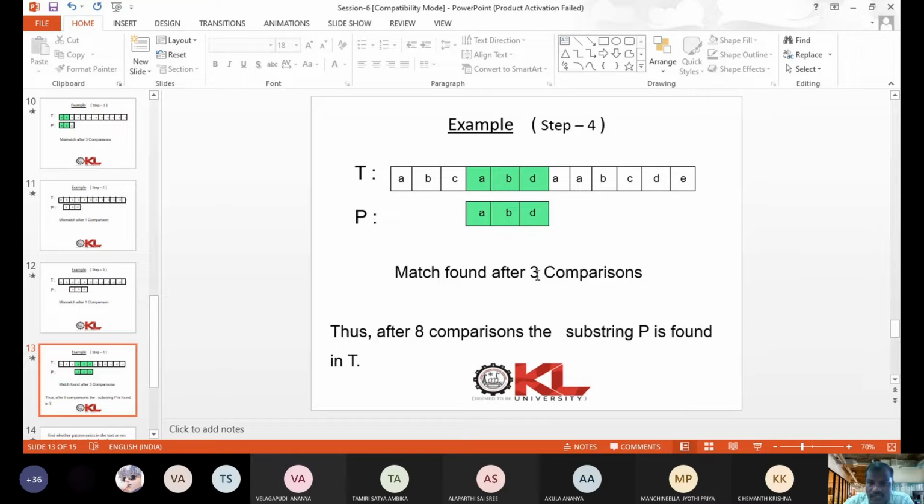Understood? So like that we proceed further till the string reaches up to this position, that is n minus m plus 1. So this is done iteratively to find all occurrences. As of now, we have found only the first occurrence. So this can be repeated further so that you will find all occurrences of the given pattern in the string. Okay.